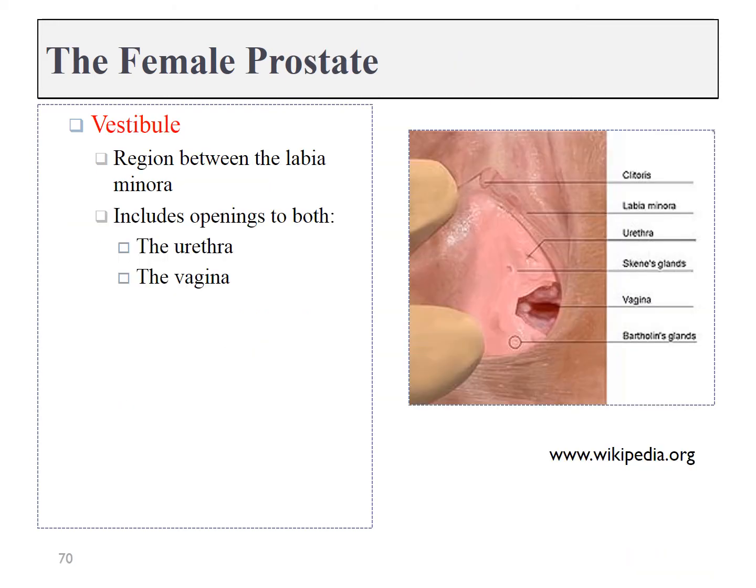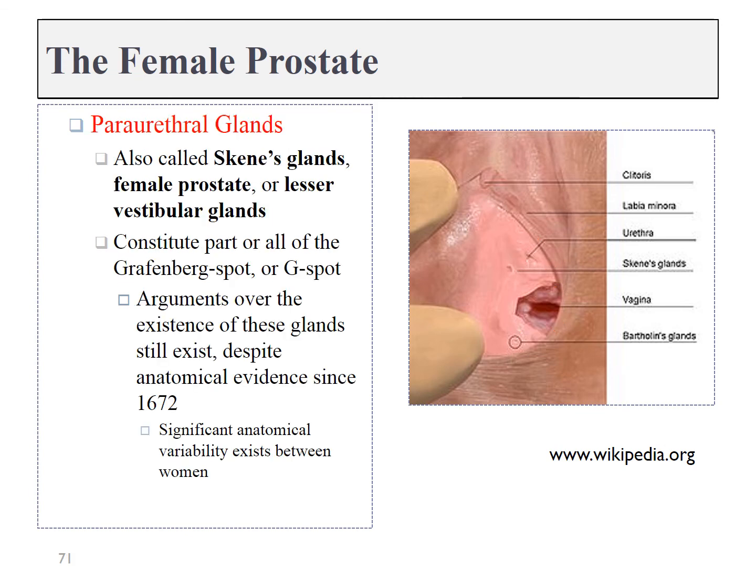Inside the vestibule are a couple of important glands, as well as the openings to the urethra and the vaginal orifice here. Off to the sides of the urethra are a pair of glands known as the paraurethral glands. That's their name based on location. You can also call them the Skene's glands based off of who discovered them, or the female prostate based off